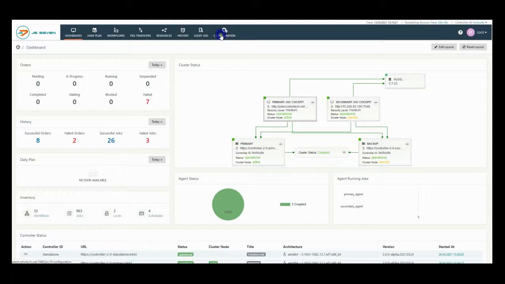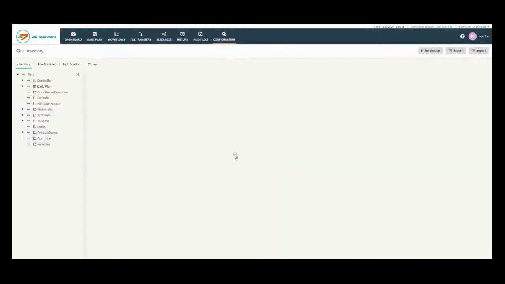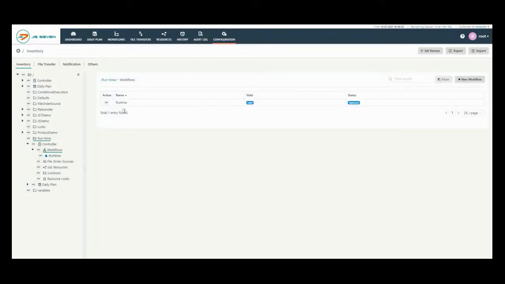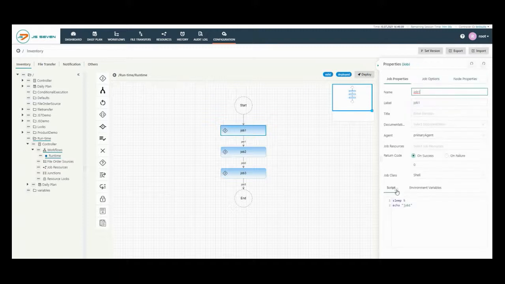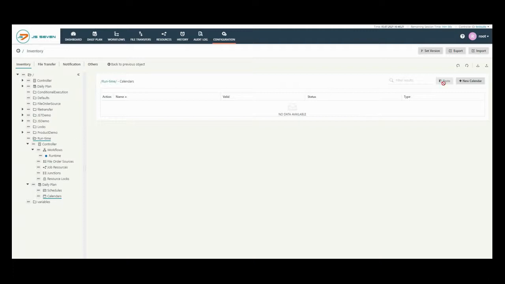Click on the configuration tab. Use the existing workflow from the left inventory to add a runtime on it. I'm using the runtime folder; expand the controller and then the workflow. From the workflow, you can see the 3 jobs are available in it, using just a simple script in the jobs. Click on the daily plan, the subfolder will expand, click on calendar, a new right window will open,